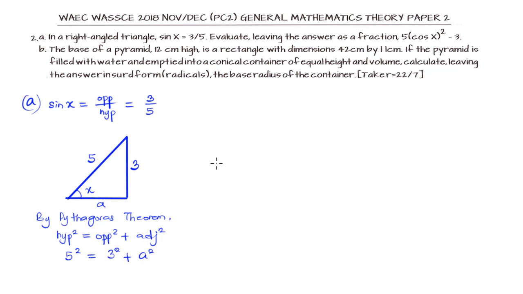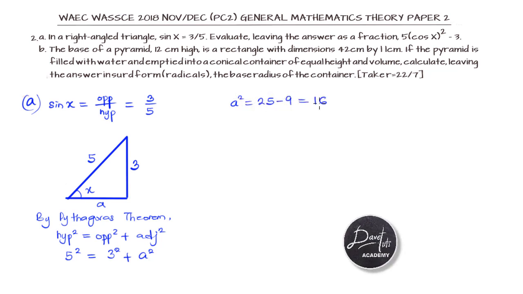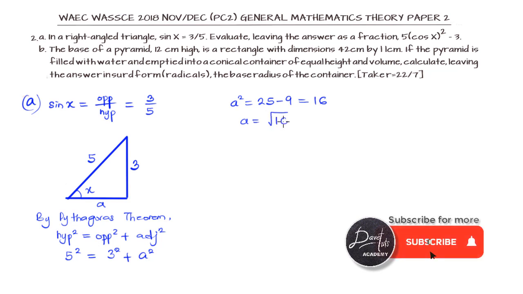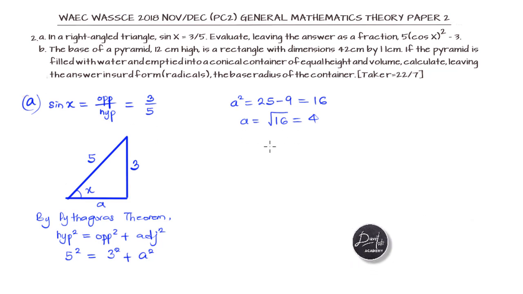So, if we solve this, we will have that a square is equal to 25 minus 9, which is 16, such that a is square root of 16, and that is 4, and meaning that we have gotten the value of all our sides. Then we can say we want to evaluate 5 cos x squared minus 3. Now, to get 5 cos x squared minus 3,